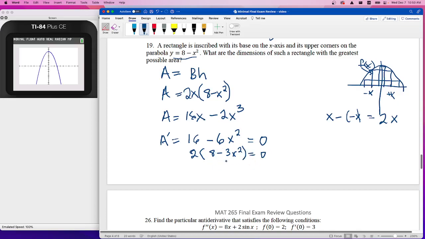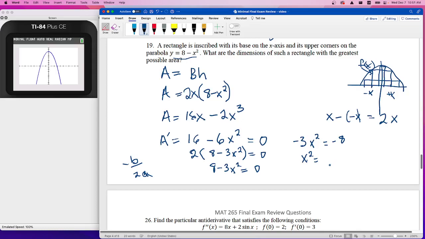Divide both sides by 2, so we just really need to find where 8 minus 3x squared equals 0. And that's really what we're looking at as a vertex. If you remember, it's going to be minus b over 2a. And that's exactly what we get, isn't it? So you subtract 8 from both sides, you get negative 3x squared equals negative 8. Subtracting 8 from both sides, then divide by negative 3. We get that x squared